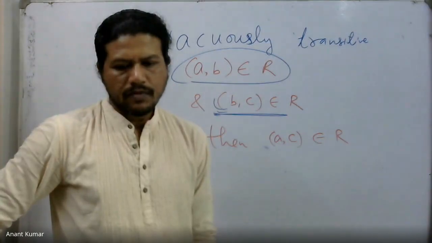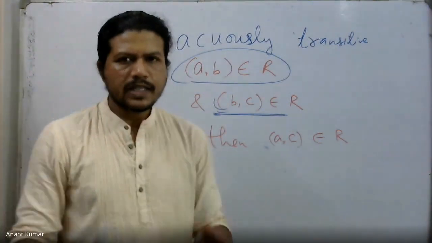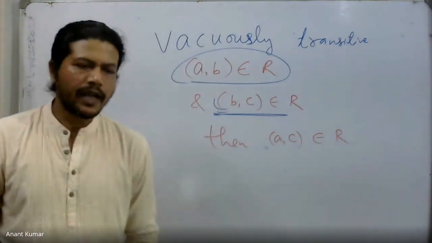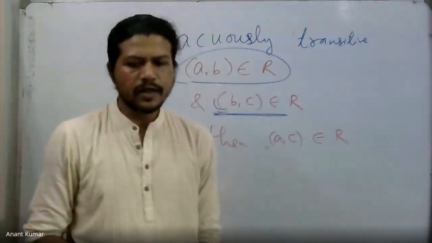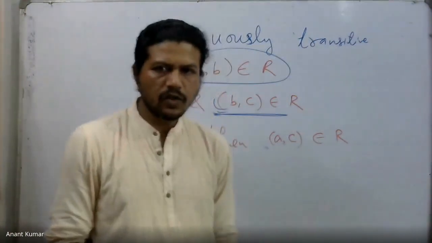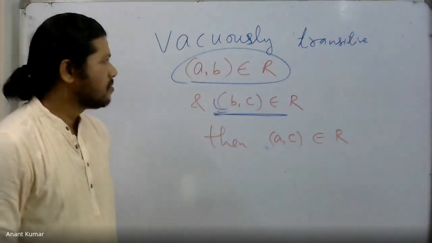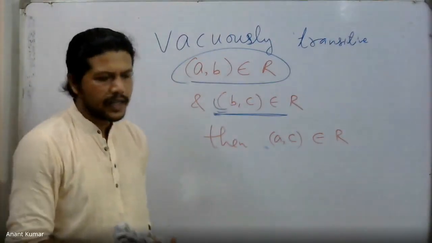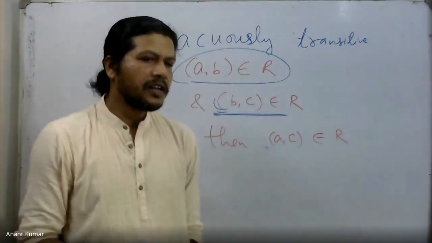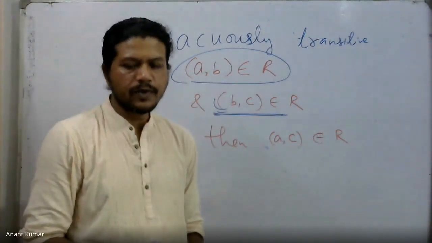Every single pair of elements. Yes, if you take a relation containing only one pair, then it becomes vacuously transitive. Is that clear enough? I hope so. That's going to be clarifying things up. We have to take this particular definition because nowadays this is in vogue. People are following this particular idea.